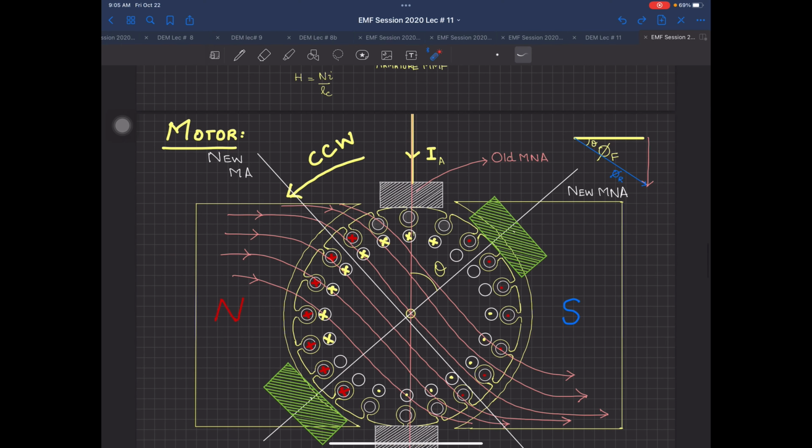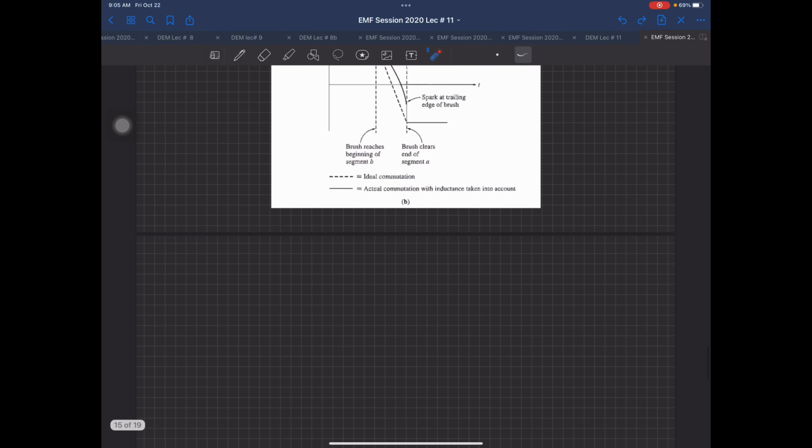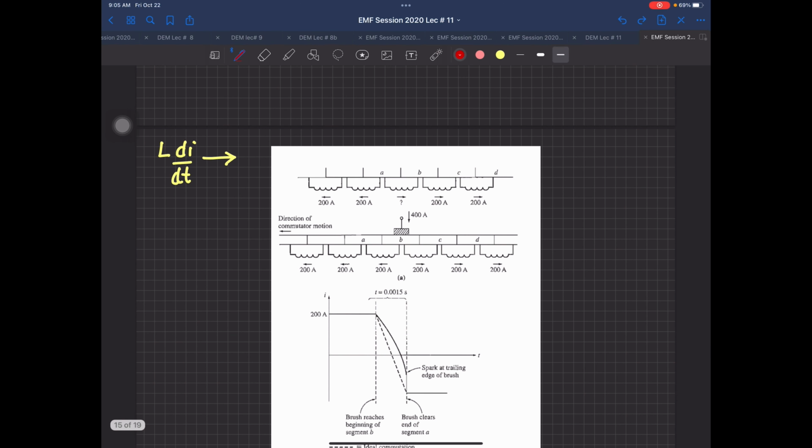So now even if your winding inductance L is approximately something like millihenries or even microhenries or nanohenries, this L di by dt value is going to be something in thousands. Why? Because dt, the time in which the change is happening, is just milliseconds or microseconds, and the current change, as I just told you, is 400 ampere.